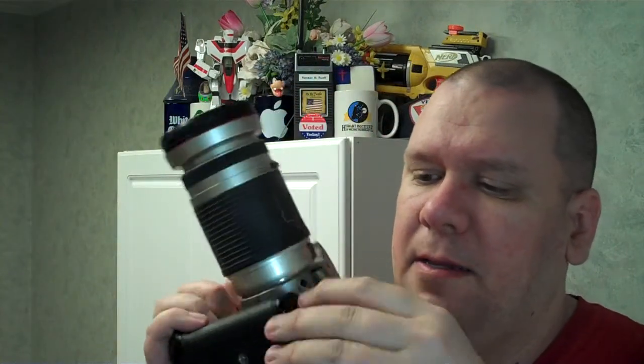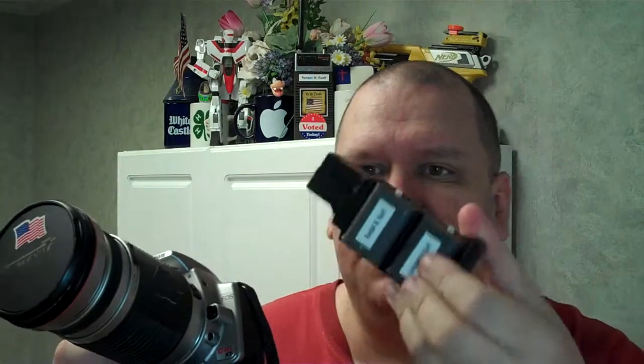That's pretty much it, I think. Let's see if we got anything else. I used to carry the battery pack. The accessory grip came with a, as you can see, I'm using the batteries, but it also came with a battery pack, this thing, that you